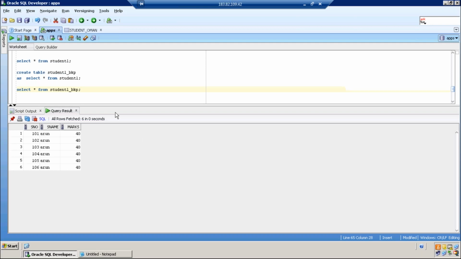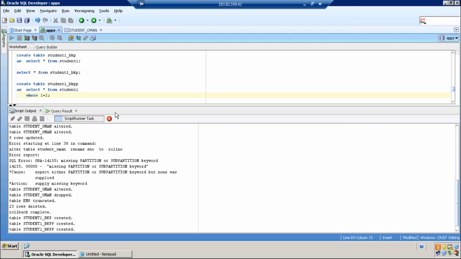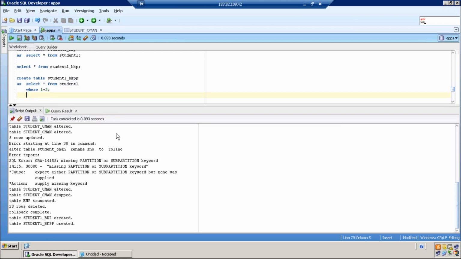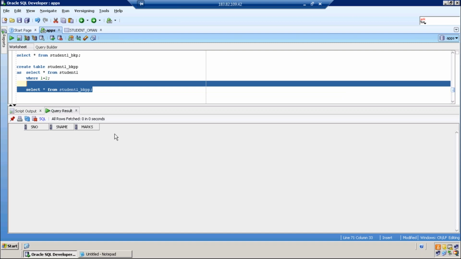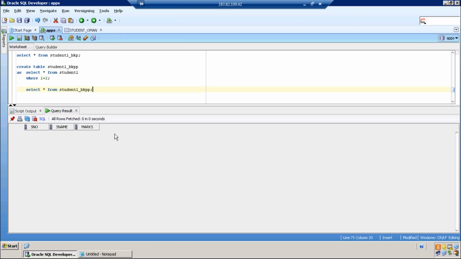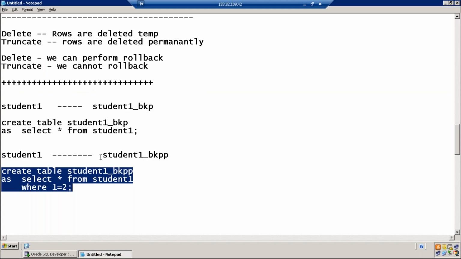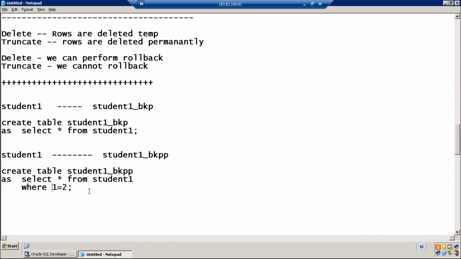Okay. Table created. Perfect, only the structure, not the data. So when you don't want the data to be copied into the new table, the common practice developers follow in real time is 1 equal to 2. Okay, keep that in mind.